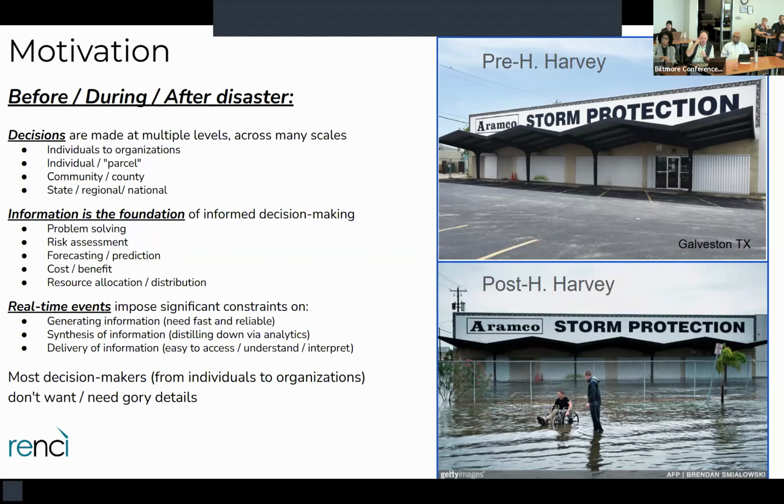This is a company in Texas that does storm protection. And I just found this not funny, but sort of illuminating that, pre and post Harvey, it was underwater, literally. And so only to say that even the best sources for storm protection are not necessarily protected. Next slide.